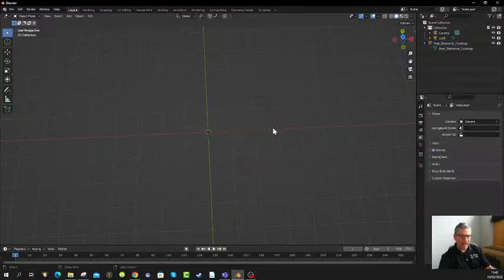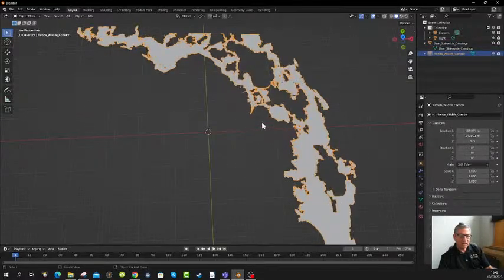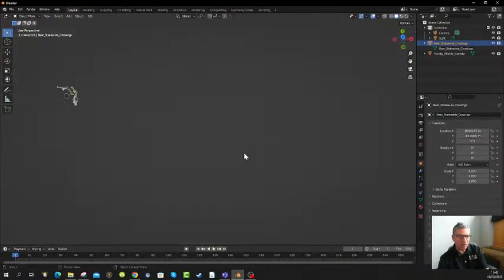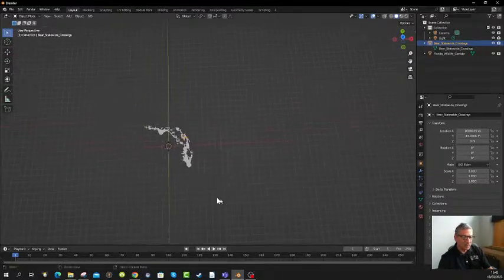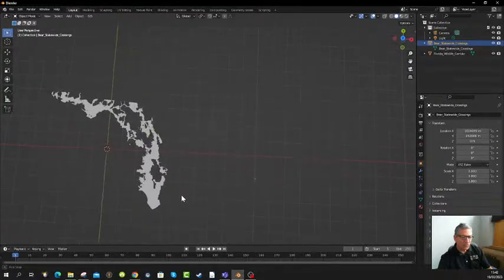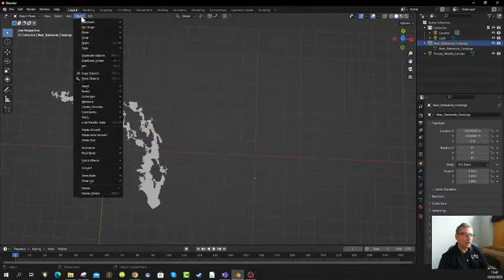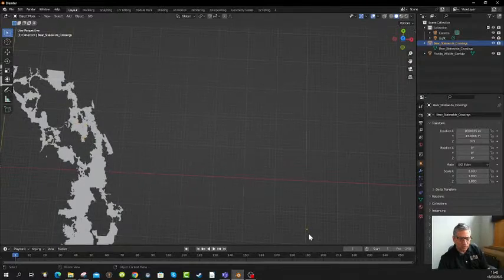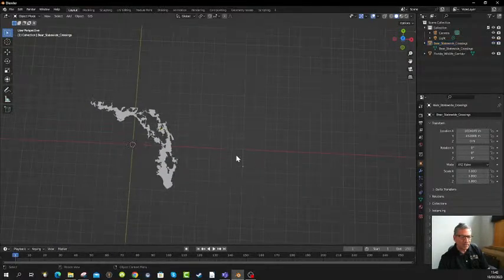I wonder if I bring back. Aha, well look at that. So the bare statewide crossings are on the map, but because it's got some weird point here, the zoom doesn't work. So what if I go to Object, Set Origin to Geometry? Didn't do a darn thing. So I'm not sure what that control point is all about there. If I try to delete that control point,